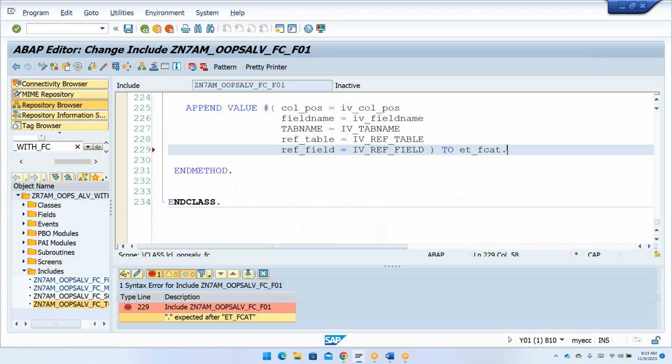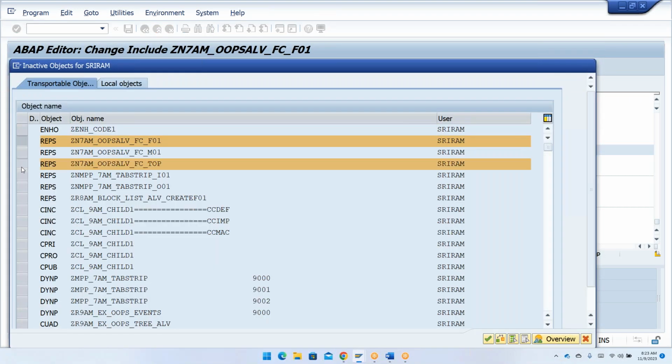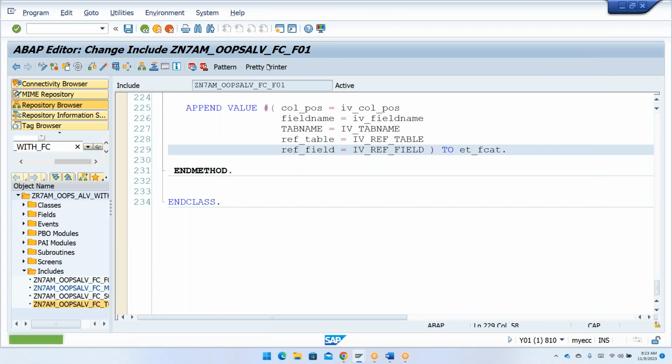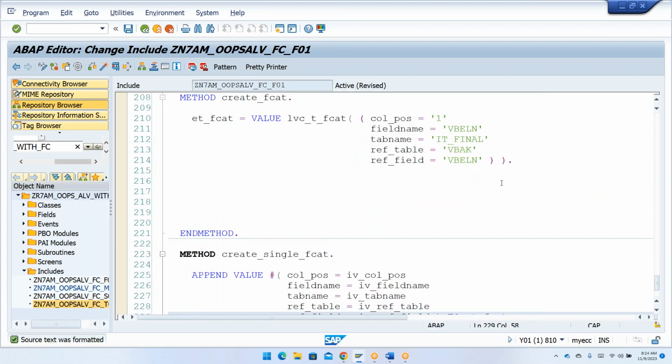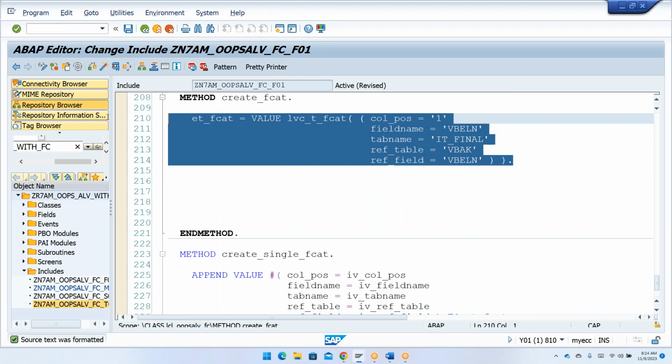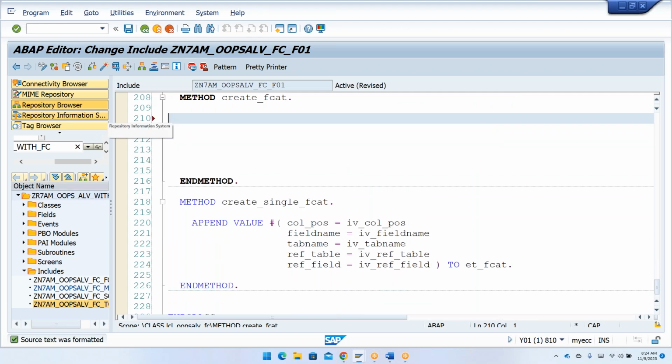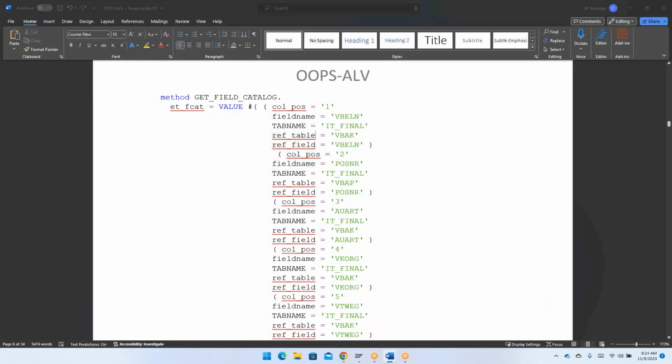Activate this one. I'm just going to activate my top as well as your F01. So once you have done your activation, it's time for me to call this method. So what is that method? So creating your single field, creating field catalog. Field catalog for what is that? For what is my first field? My first field is,